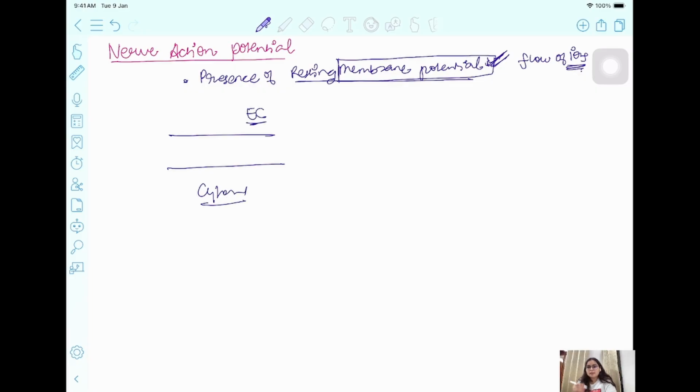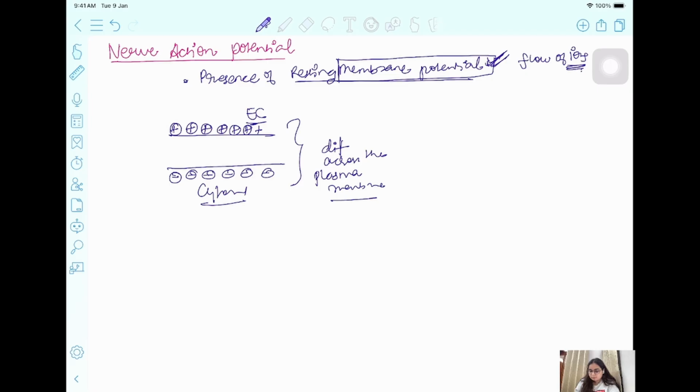So when there is a buildup of, for example, positive charged ions or negative charged ions on either side of the membrane, there will be a difference in the charge. For example, in the cytosol part, there are more negatively charged ions, or in the extracellular part, there are more positively charged ions, which means there is a difference across the plasma membrane,